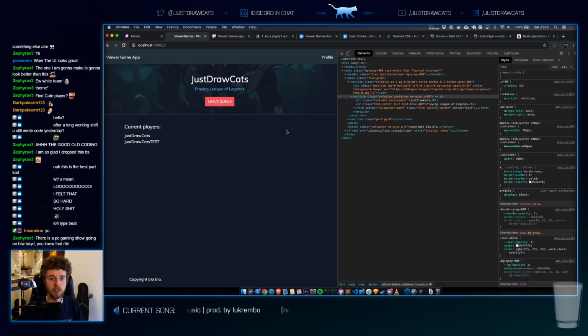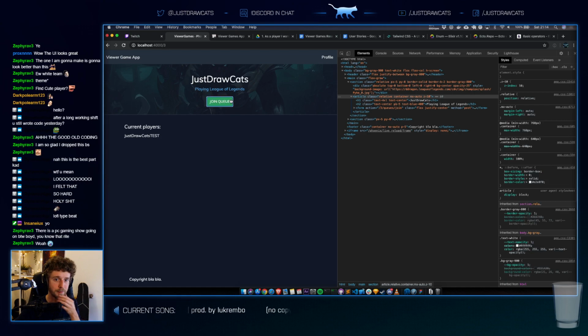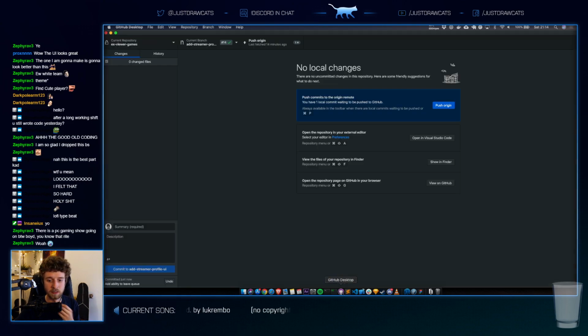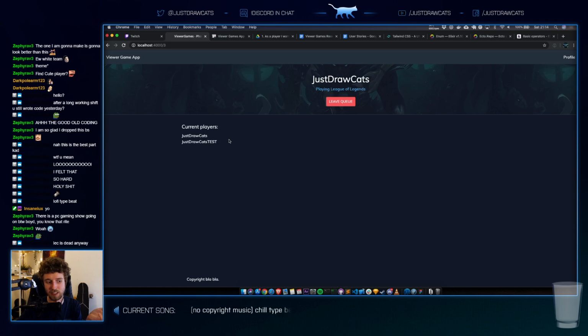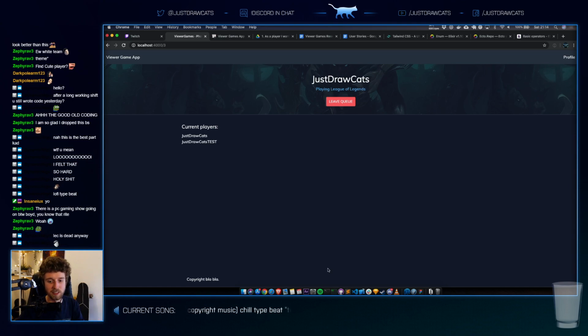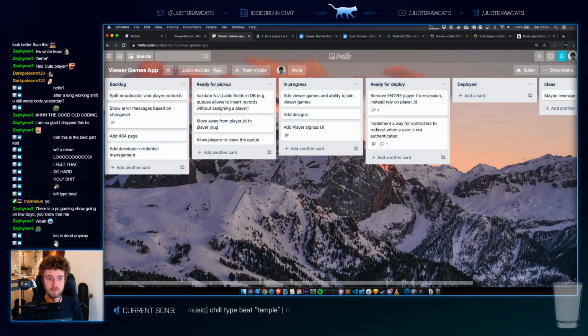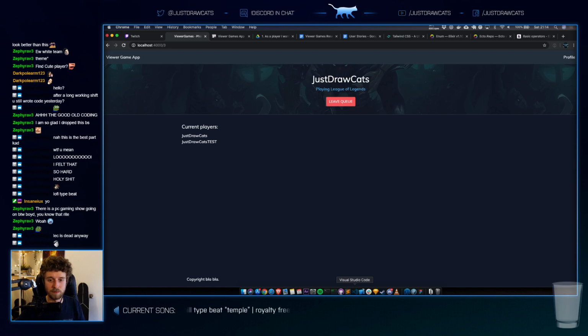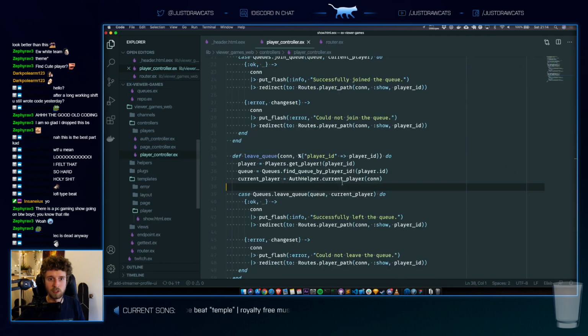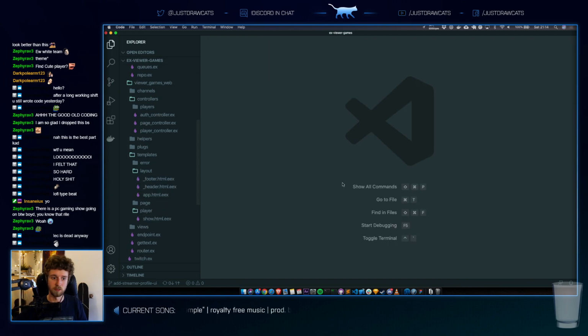Sweet. Okay, we can join queues. We can leave the queue. That's good. You can see that the order is not correct because I literally just added myself to the top. We probably need to run a migration for this. But okay, now let's do one more thing, which is set up the modal, and then for that we're gonna take a look at components.